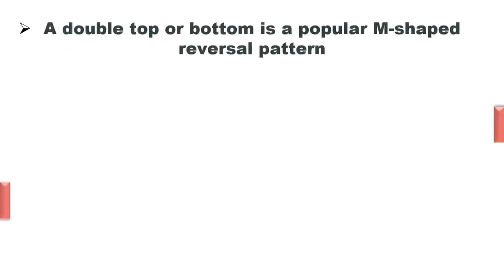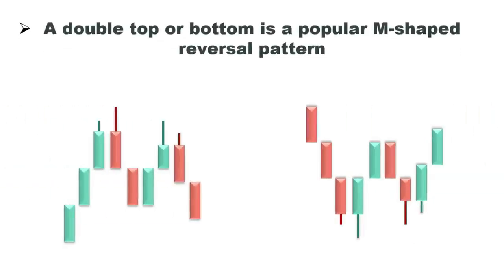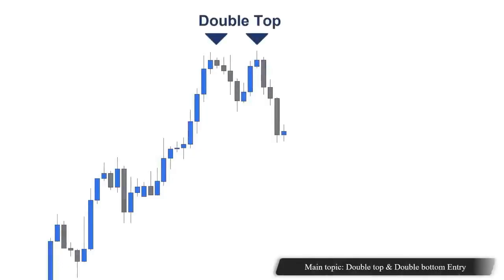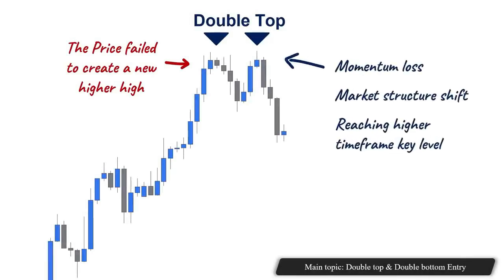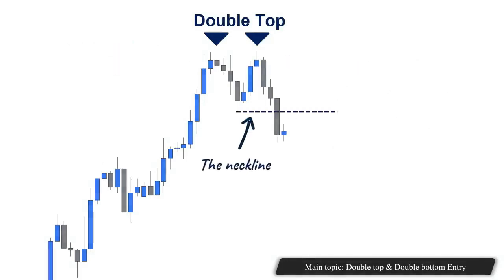A double top or bottom is a popular M-shaped reversal pattern that price action traders are widely using. Whenever a double top forms on the chart, it simply shows that the price failed to create a new higher high, possibly due to various reasons like momentum loss, market structure shift, tapping into a higher time frame key level, and more. The most conservative way to trade this pattern is to wait for the price to break the neckline to